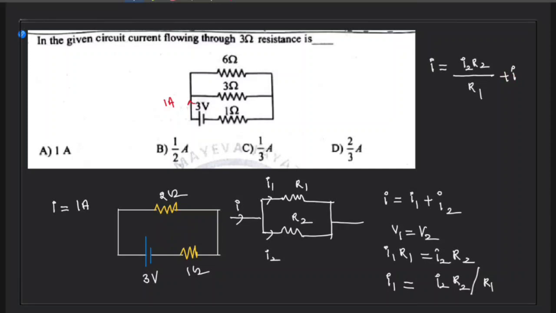So now I could get this I is equal to, if I take out this I2, this can be written as I2 times (R1 plus R2) by R1, right? Therefore, what is the I2 here? Sorry, I want I2. I2 is equal to I into R1 by